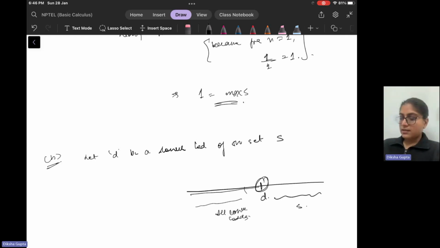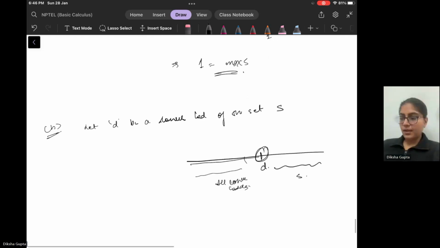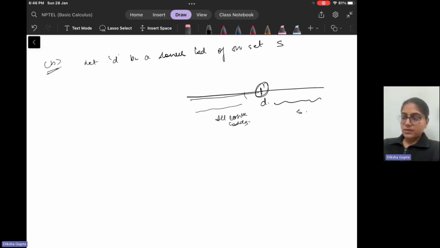But we have to show that D is the greatest lower bound, but that will be used in part C, because there we will have to show that it is the infimum. So firstly we have to show that D is less than or equal to 0. Now again we'll go by contradiction. Since D is a lower bound of the set S,